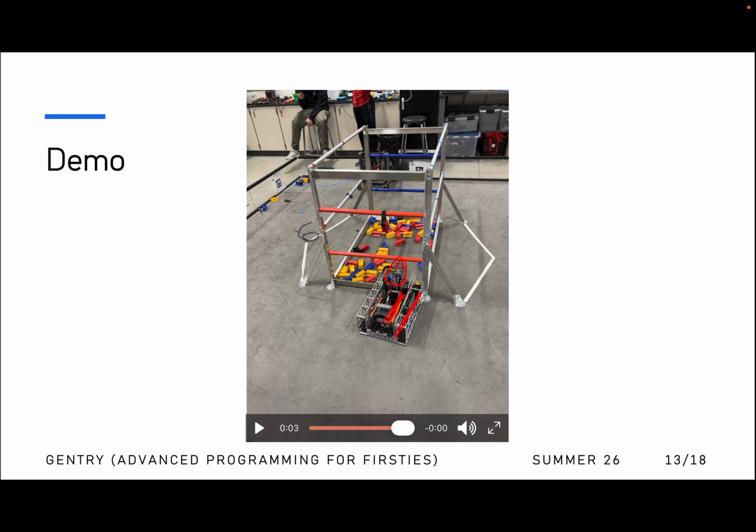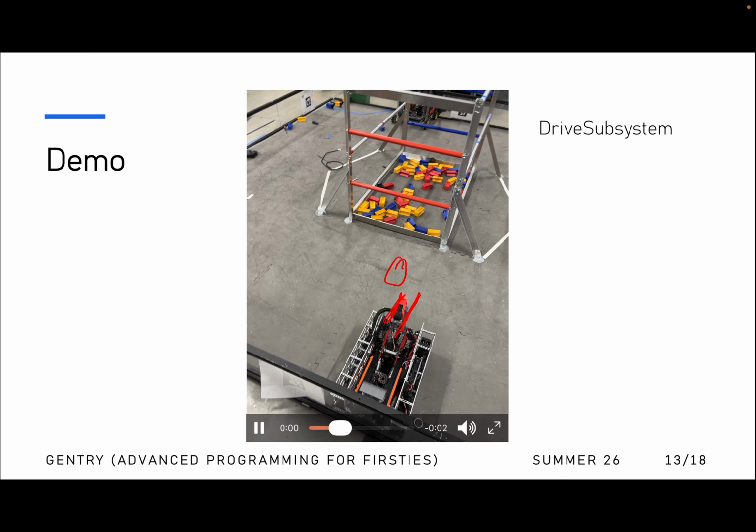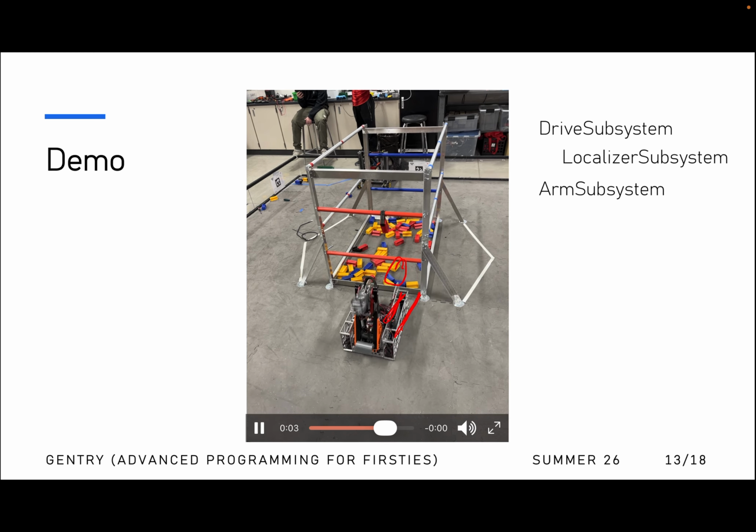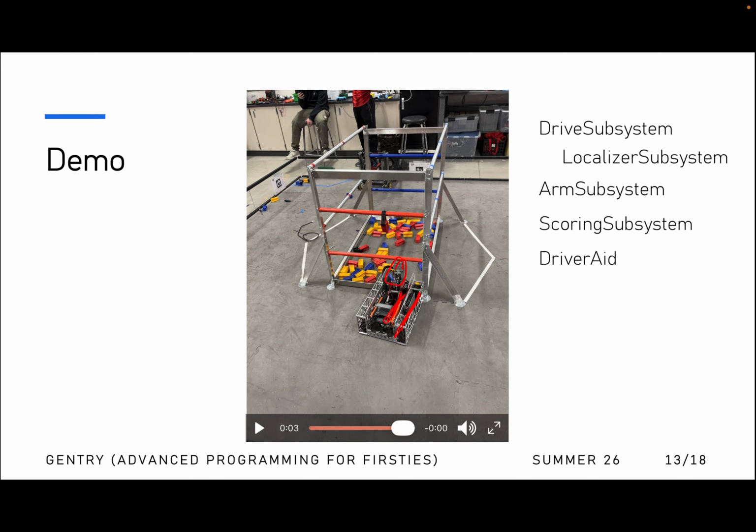So nothing relied on anything else, and everything else didn't rely on one thing. So then, yeah, you can see a larger breakdown of what we had. We had our scoring subsystem, which was that claw subsystem, and then our arm subsystem, and our driver aid, which